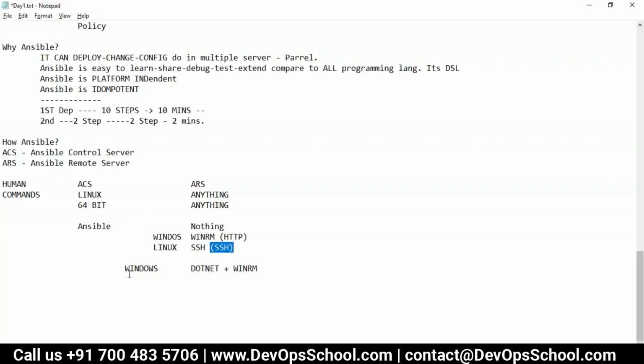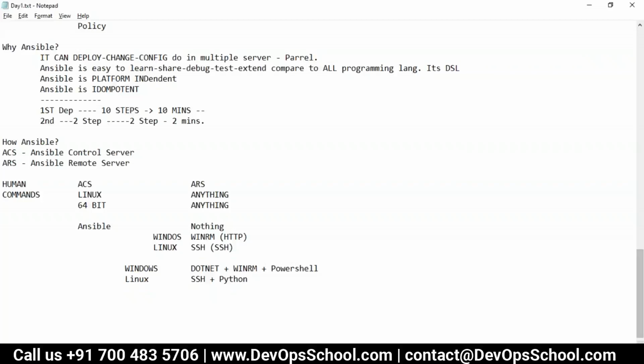So when ARS is Windows, you need to have .NET and WinRM. But when it is Linux, then it has to be SSH and Python. Yes, that's true, SSH and Python. And one more thing which I must write, I'll forget it: PowerShell.